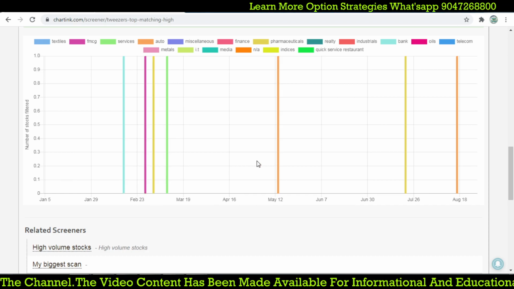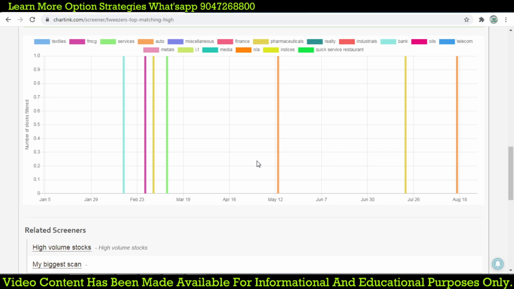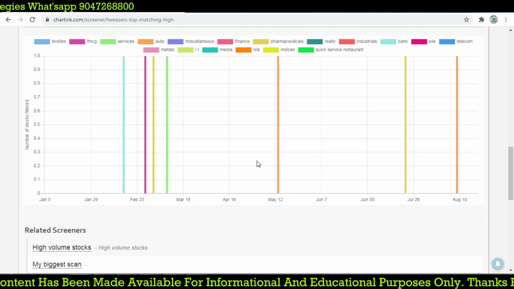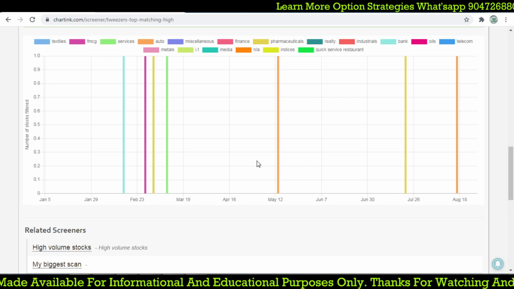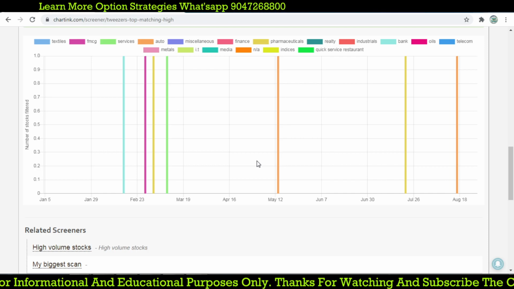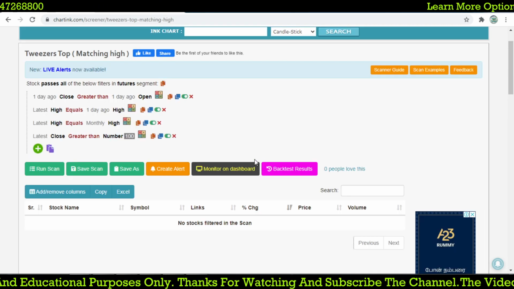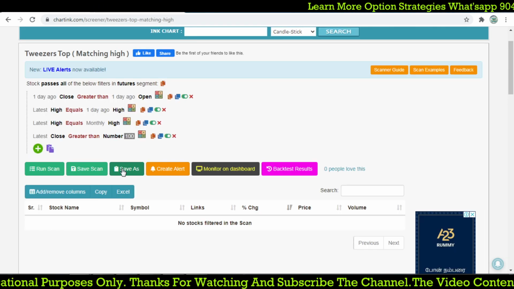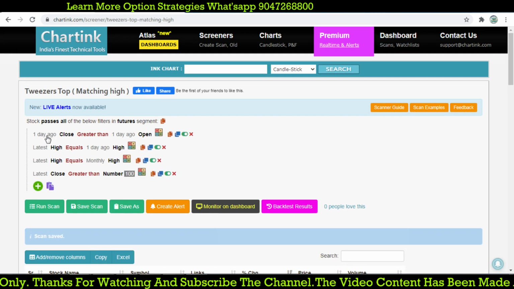Monthly, if you are getting 10-15 stocks with all the candlestick patterns applied, then 10-15 stocks is good enough to trade, intraday as well as positional, rather than following 100-200 stocks. Based on the scanner, we can focus on 1 or 2 stocks per day for trading. That will give you great confidence and profitability, right? So we will save the scan, submit, and now we will go for 15 minutes.